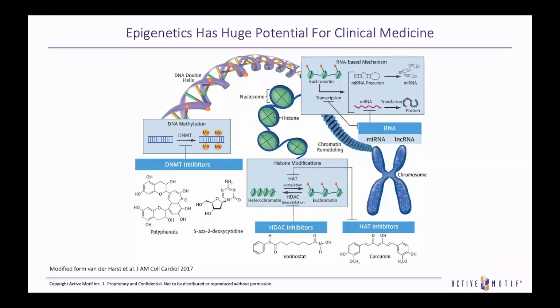And if we could actually target the expression of these enzymes, where maybe we have a gene that's on in a disease state that should be off, or a gene that's off in a disease state that should be on, and we can target these regulators of epigenomics to either shut off or turn on these genes, we could have much more targeted therapeutics. We can make a much bigger impact in the clinical space with what we know about